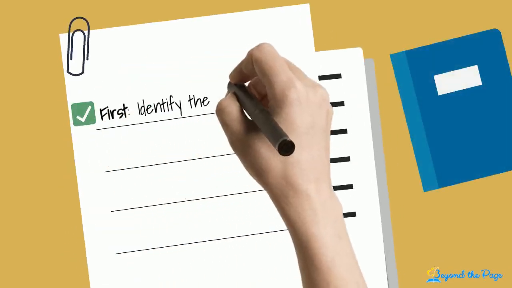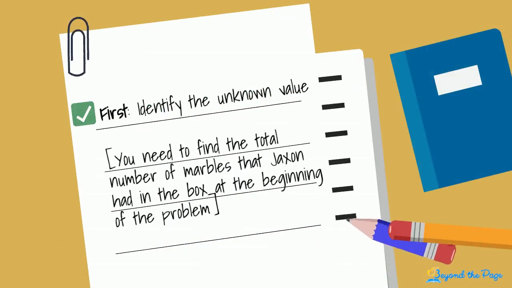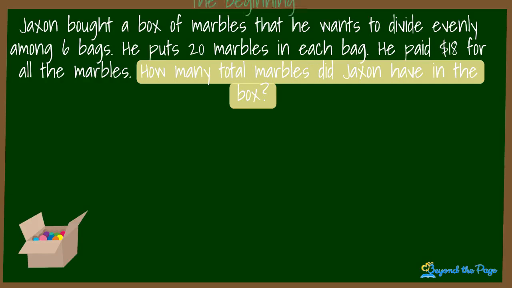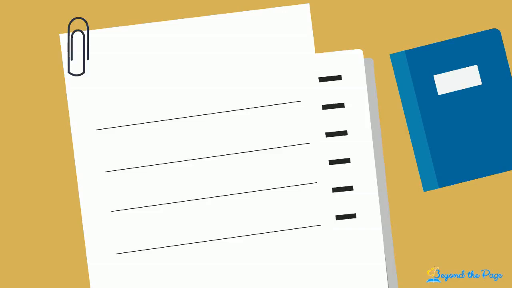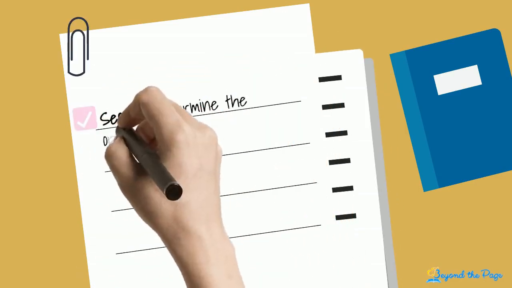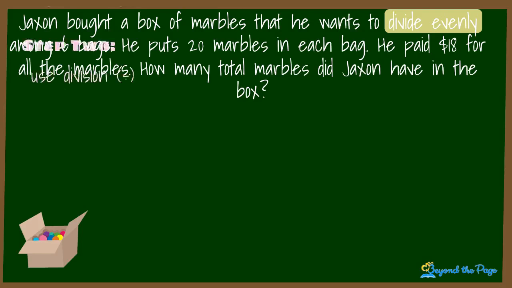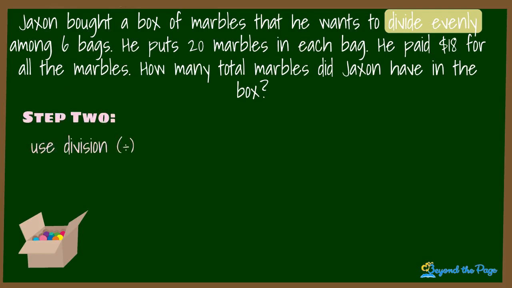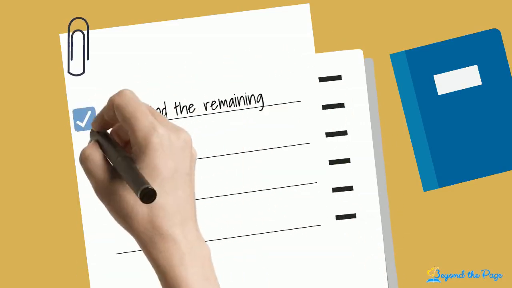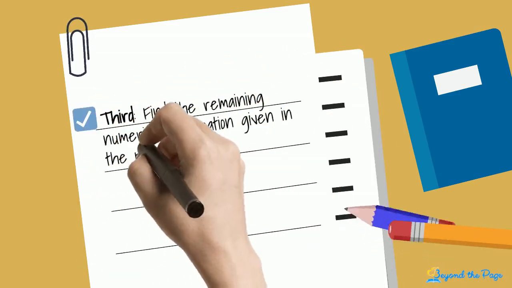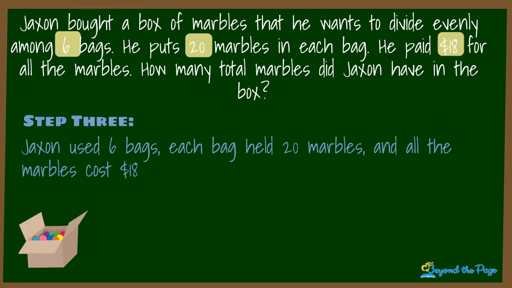First, identify the unknown value. You need to find the total number of marbles that Jackson had in the box at the beginning of the problem. This can be shown with the variable m. Second, determine the operations needed for the equation. The words "divide evenly" tell you to use division. Third, find the remaining numerical information given in the problem. The problem tells you that Jackson used 6 bags, that each bag held 20 marbles, and that all the marbles